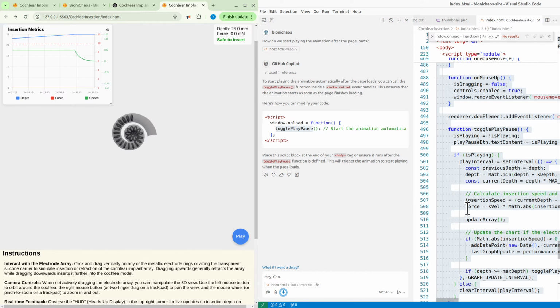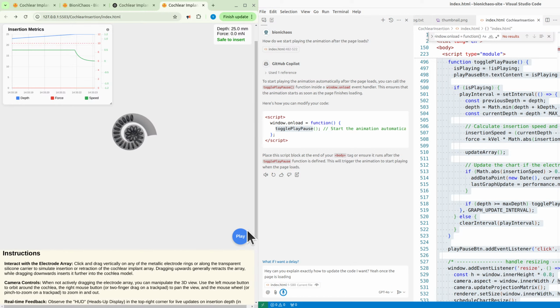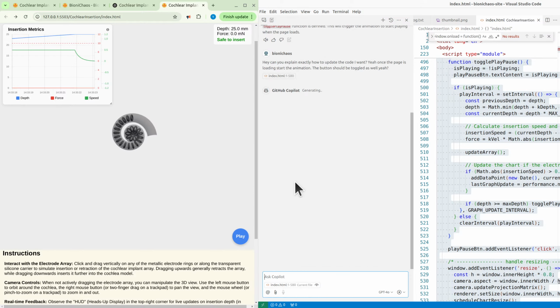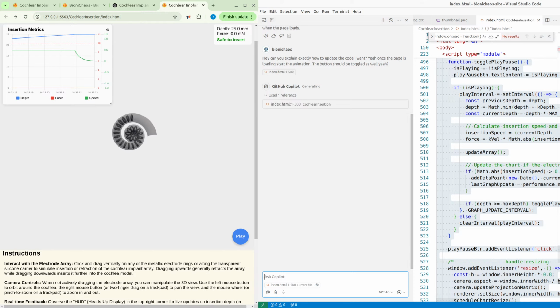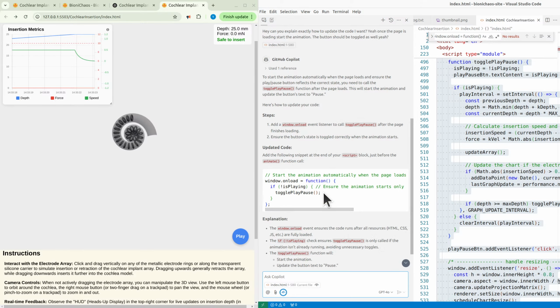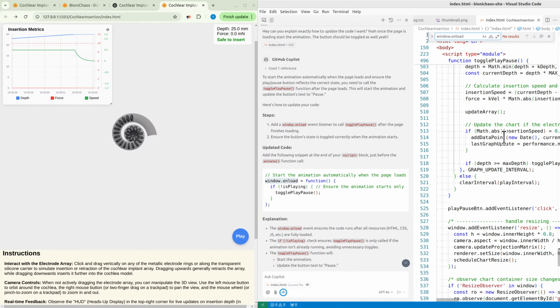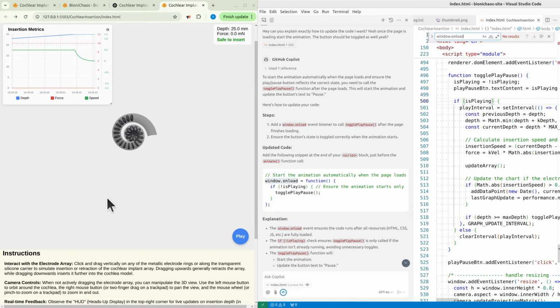Hey, can you explain exactly how to update the code? Once the page is loading, start the animation, the button should be toggled as well. To start the animation automatically when the page loads and ensure the play/pause button reflects the correct state, you need to call the toggle play pause function after the page loads. This will start the animation and update the button's text to pause. Here's how to update your code. Steps: add a window.onload event listener to call toggle play pause after